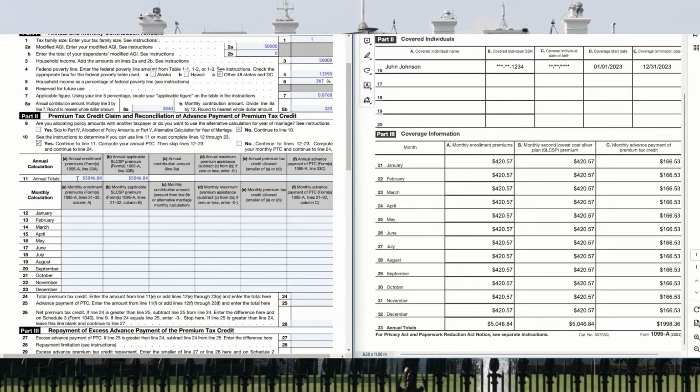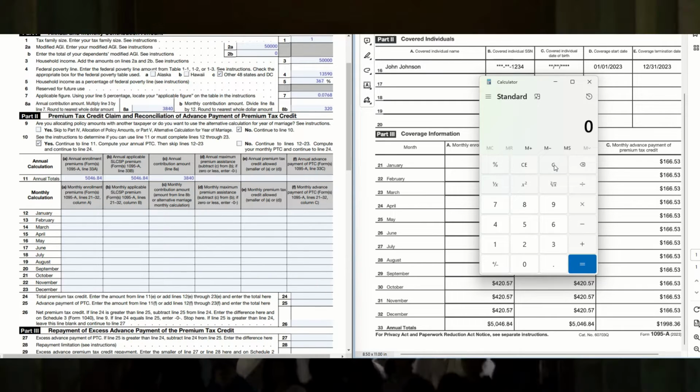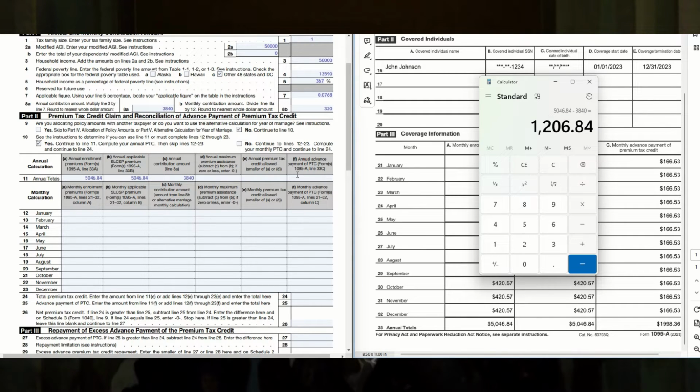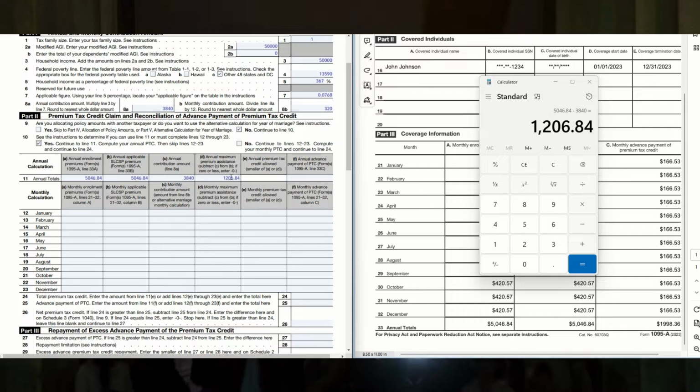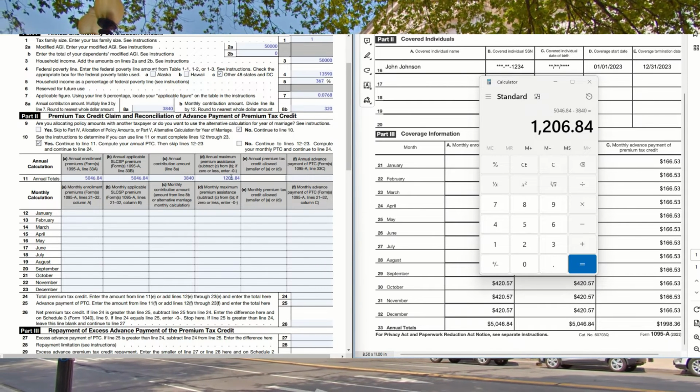Then in 11C, it asks for what was the annual contribution amount, which was $3,840 from line 8A. 11D will ask us to subtract line C from line B. So that is $5,046.84 minus $3,840, which equals $1,206.84. Then for line 11E, it says it is the lesser of 11A or 11D, which is 11D, so we